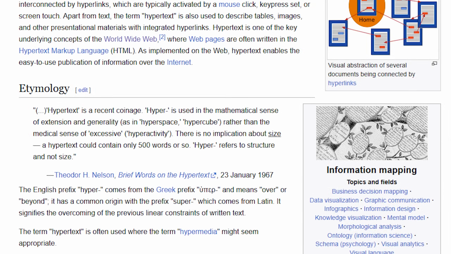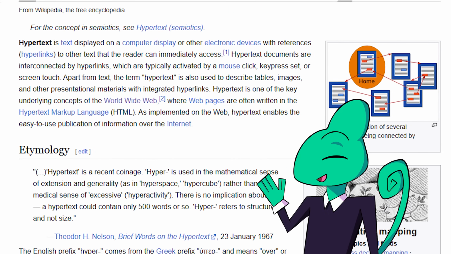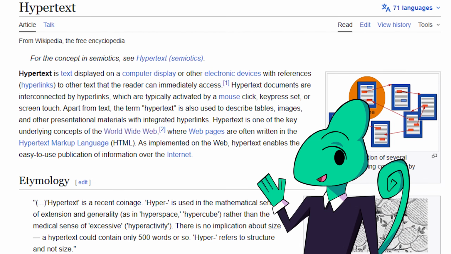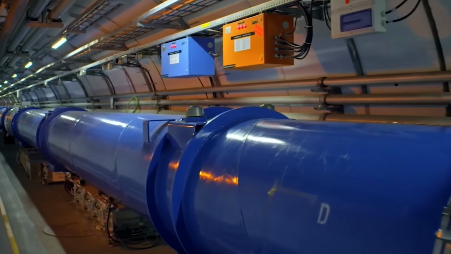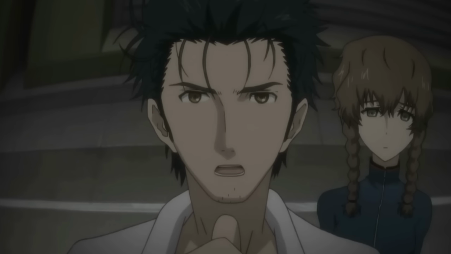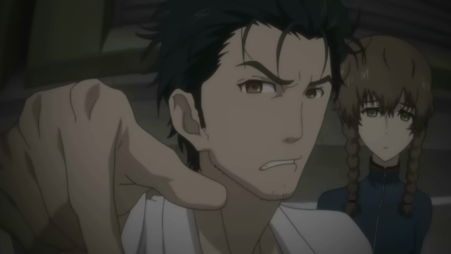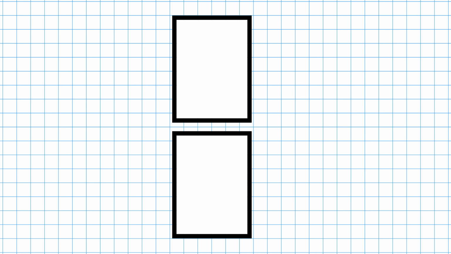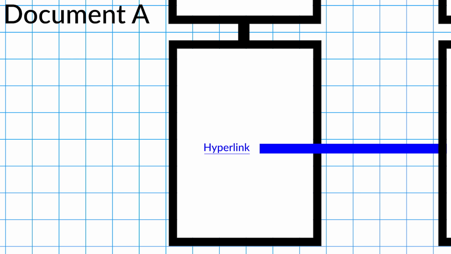Before we talk about why blue, we need to first ask why hyperlinks? As in, we need to talk about hyperlinks and hypertext. Hypertext, according to the European Organization for Nuclear Research, or CERN, I am a scientist, it's so cool, is text that is not constrained to be linear, basically meaning text that contains links to other text. The actual link which connects them is called a hyperlink.